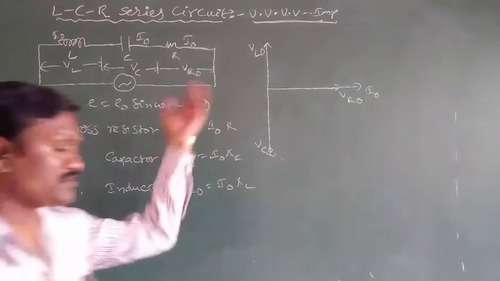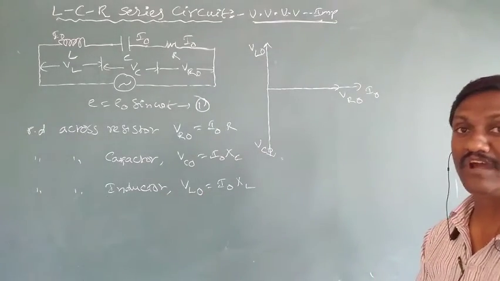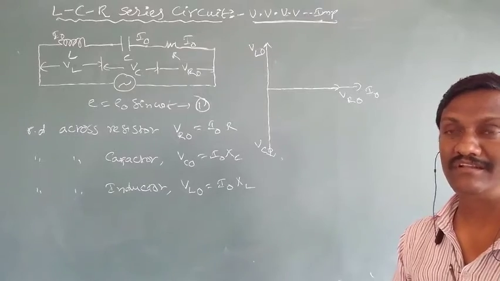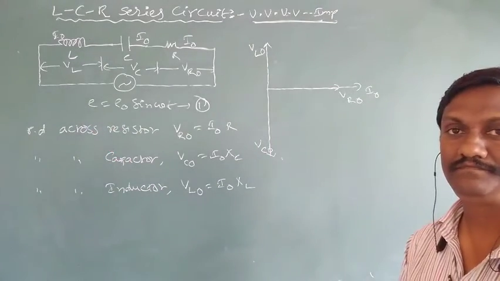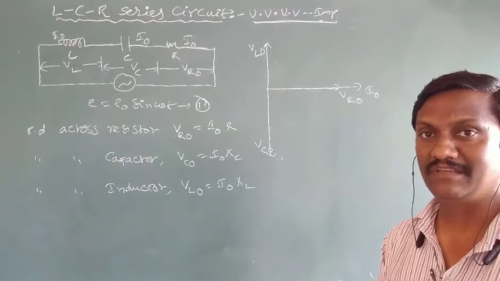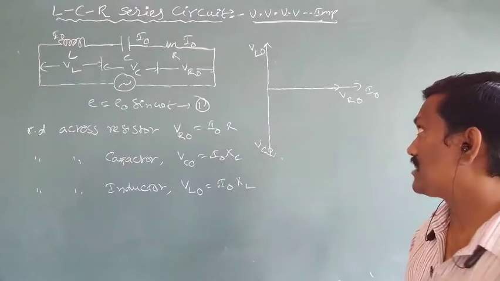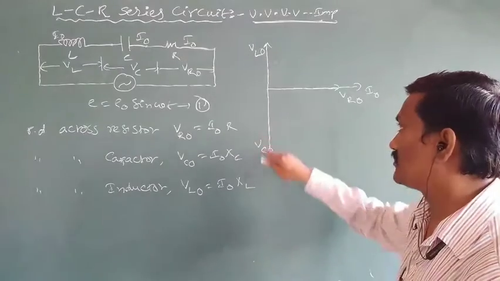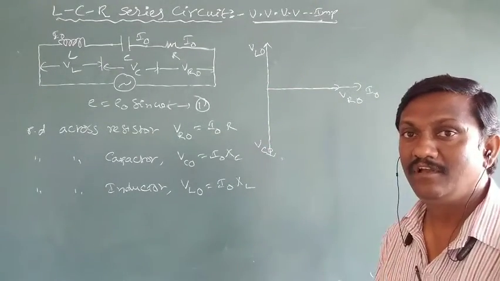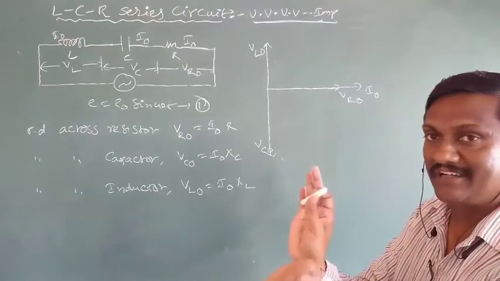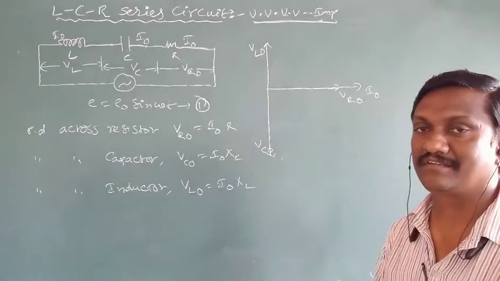Now again come back to the phasor diagram. Different potentials are acting in different directions. We have to find the resultant potential, which is nothing but the applied EMF E. RMS voltage means E, the peak voltage means E0. According to the diagram, VLO and VCO both act along the same line but in opposite directions. In vector addition, if two vectors act in opposite directions, the resultant is A minus B or B minus A.